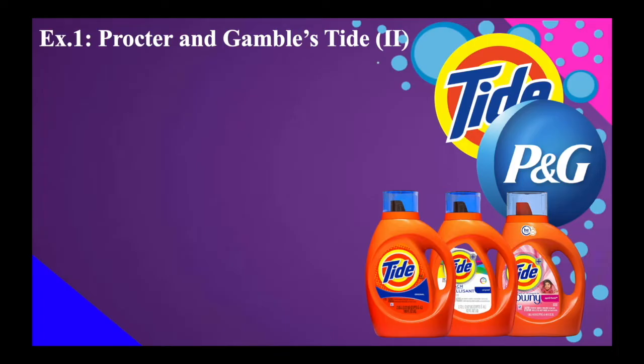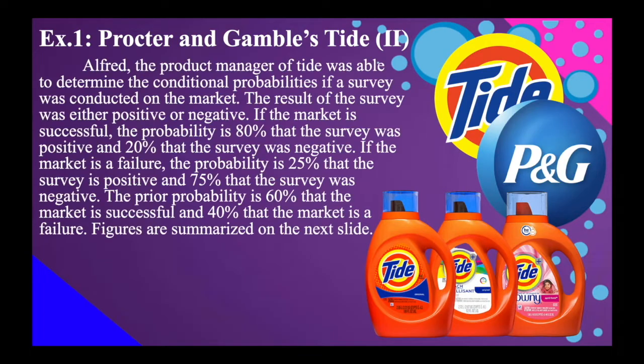Actually, this is the same na example sa ating conditional probability, ang ating model 1 under decision analysis. But continuation. Okay, so Alfred, the product manager of Tide, was able to determine the conditional probabilities of a survey was conducted on the market. If a survey was conducted on the market, the result of the survey was either positive or negative, of course. If the market is successful, the probability is 80% that the survey was positive and 20% that the survey was